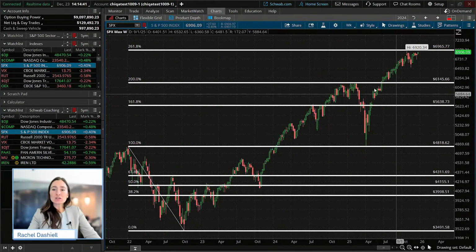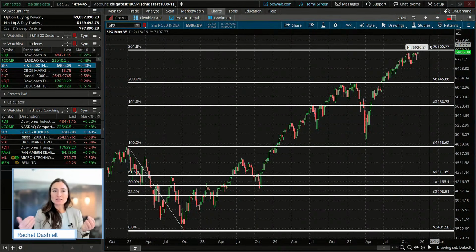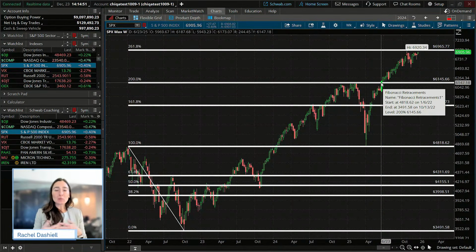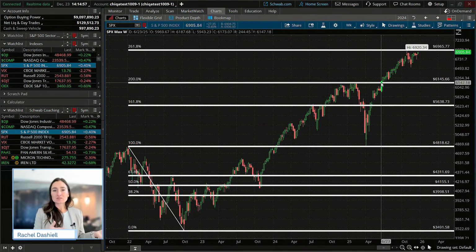Because initially, if the price is making new all-time highs again and again and again, we may not know where to place our profit targets to the upside, because we can't look back at a chart and look at an area of previous resistance where we may see that it may run up to where we could possibly take profits.